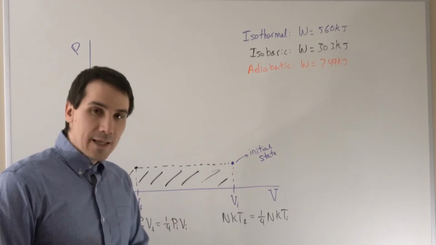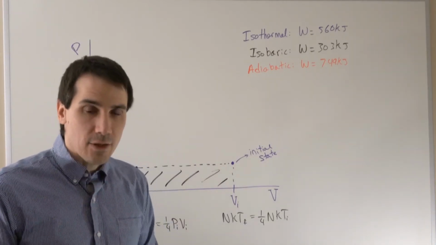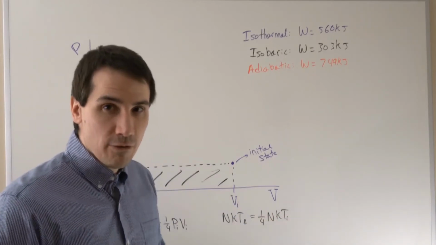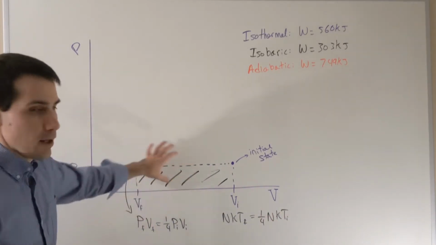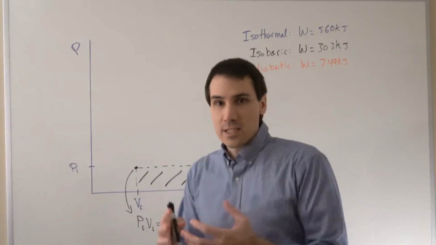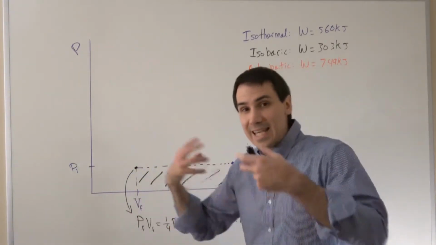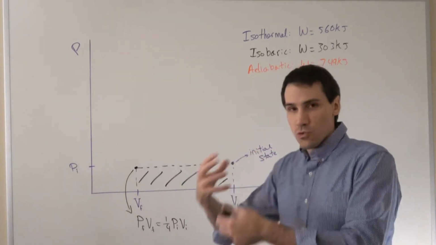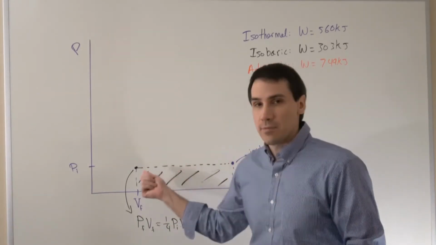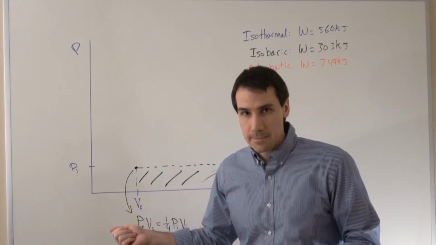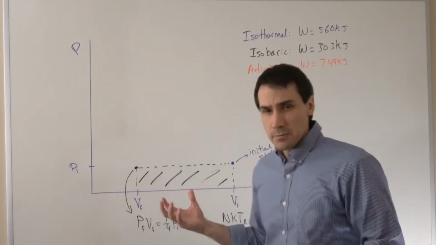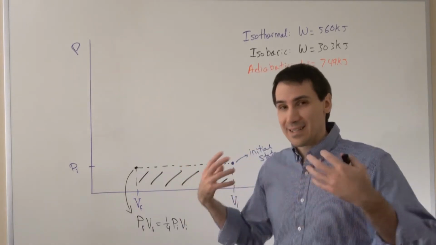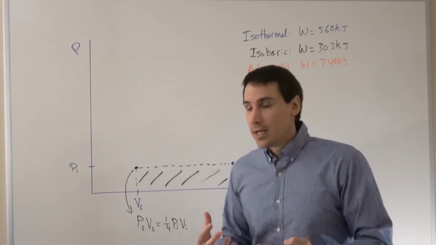So in order to keep the pressure constant, we had to drop the temperature by a factor of 4. As the gas is being compressed, we have to be taking energy out of the gas continuously in order to drop the temperature and keep the pressure constant, right? So constant pressure compression is actually pretty hard to do because you have to be constantly cooling the gas, which